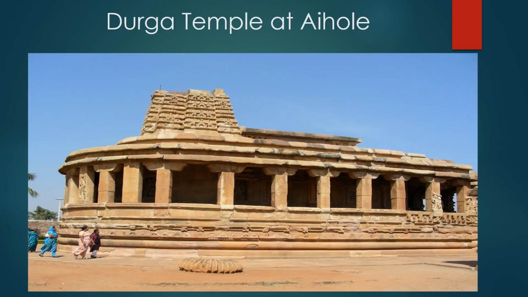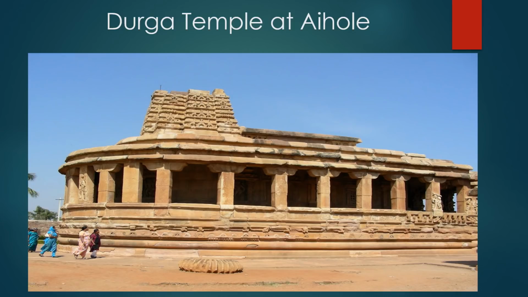This is a Durga temple at Aihole, a contribution of Chalukyas. It is an improvised feature of a vestibule or an antarala, which is an intermediate chamber between the main shrine and the mandapa as we have in Tamil Nadu. It has a sikhara over the Garbhagriha, which is now partially in ruins. This is an apsidal temple like our Nakula Sahadeva Ratha at Mamallapuram. This is another type of Gajaprishta, we can say like that.